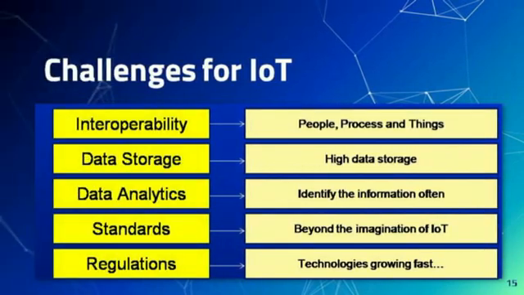The next biggest challenge is interoperability. It is dealing with people, processes, and things. We know that in the world there is a large population of people, and there are many things used by people, and all this is going to be connected with the process. So people are supposed to go along with the things. For that, interoperability is very, very important. This is the biggest challenge because things are in separate conditions, and people are in separate conditions. To connect people and things is very difficult. That is what we call interoperability.